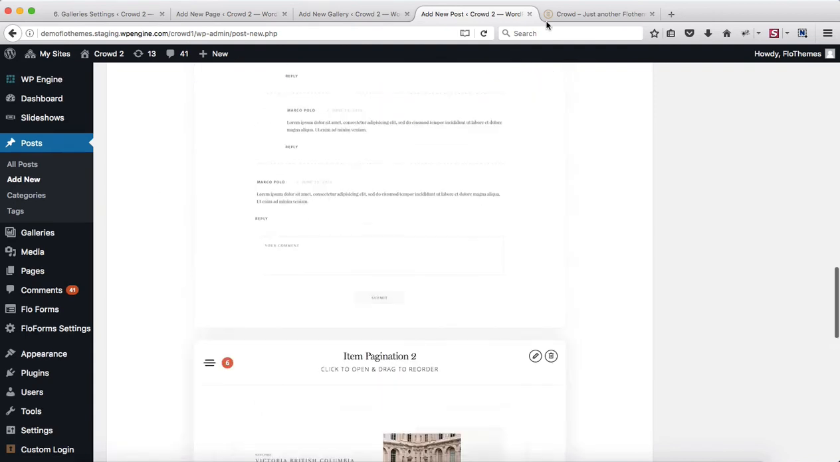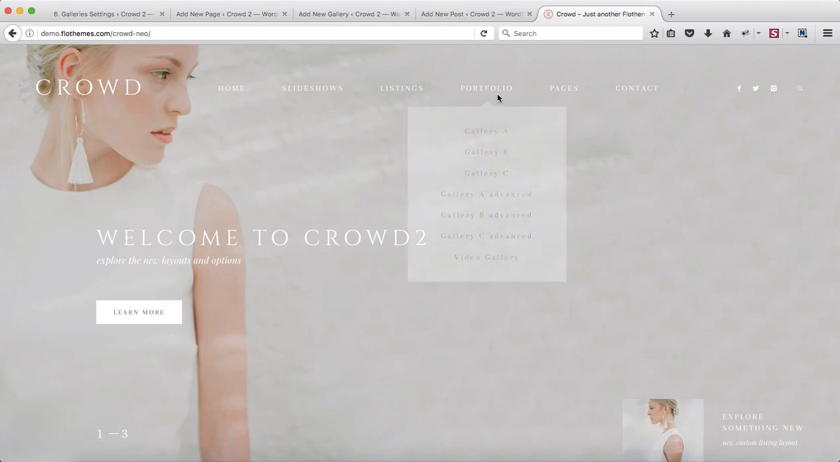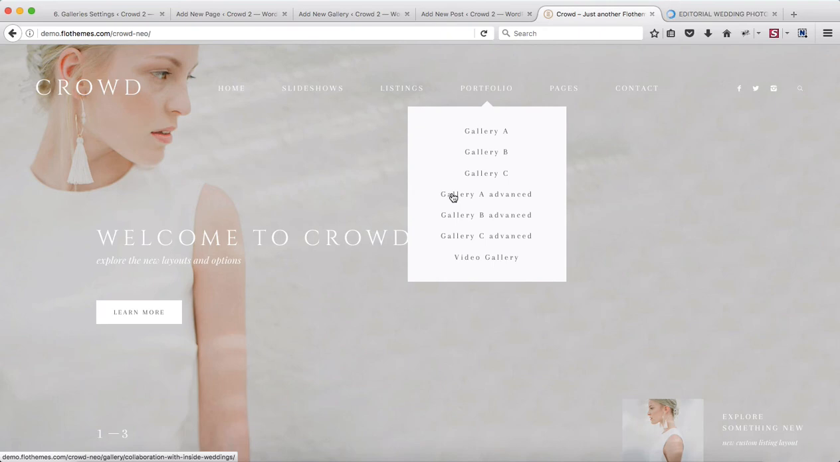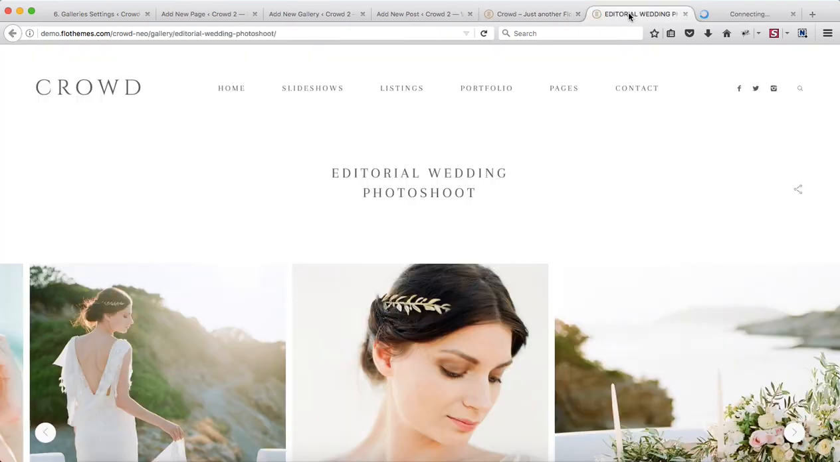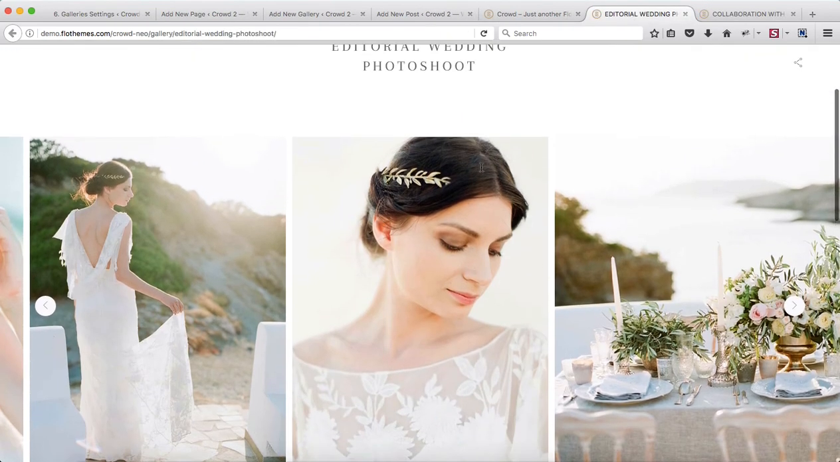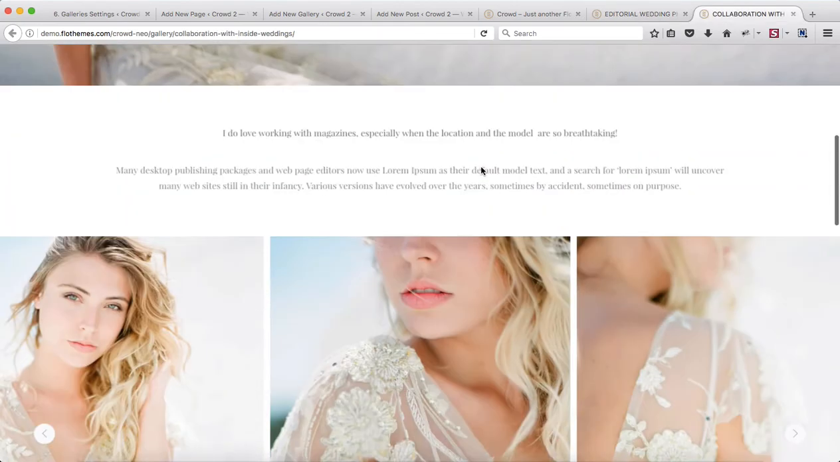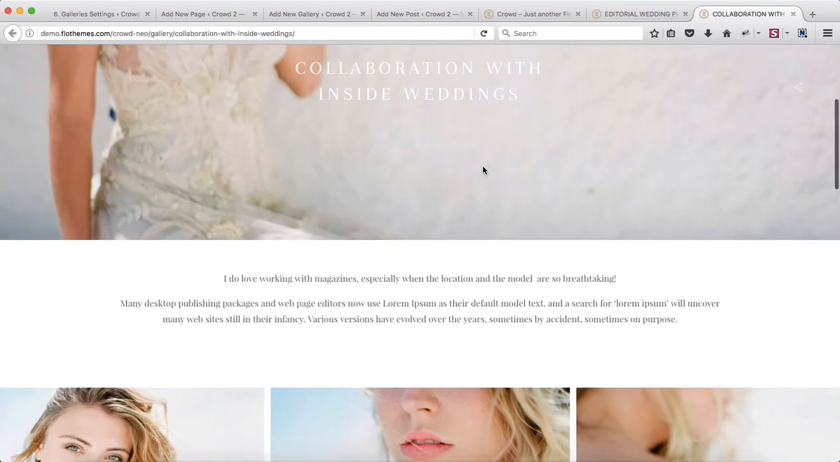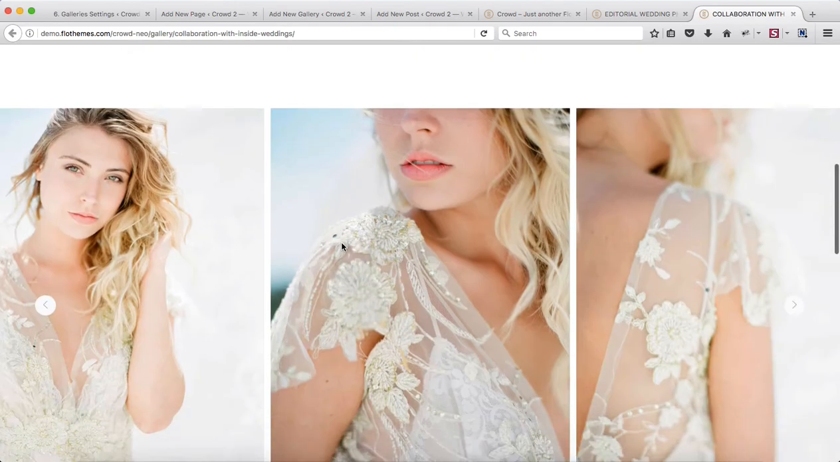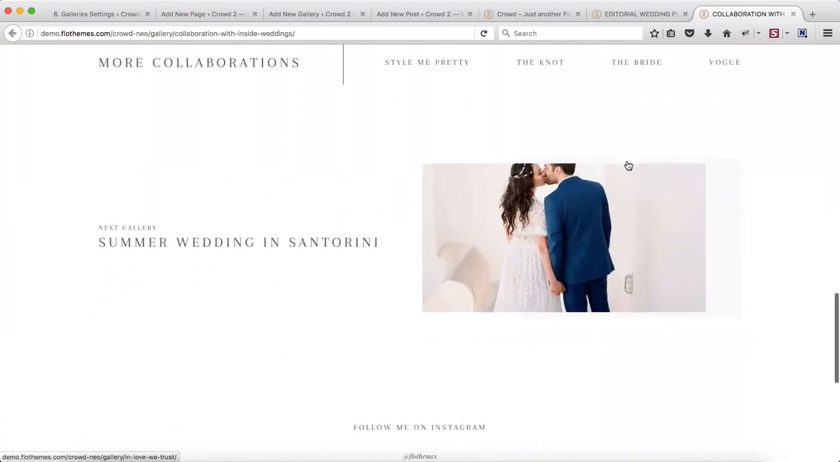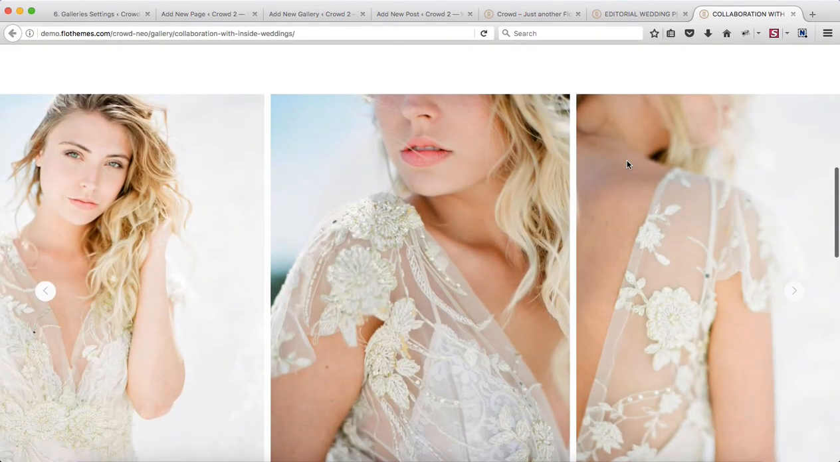Okay, and I'm sure that you've checked out our demo. As you've seen within our demo, we have gallery type A, which is a pretty standard gallery, and then we have gallery type A but advanced. This is basically us using gallery type A. However, we've done some additional building out. As you can see, we've added an image at the top. We've then added some additional blocks of content here. So in a nutshell,